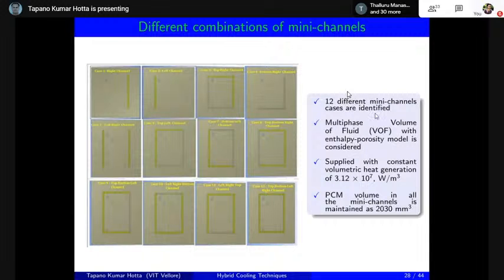Since we have identified around 12 different combinations, we have done the experiments and the simulations for all the different configurations. First we have carried out the numerical model, and here you can see the multi-phase volume of fluid model has been used with the enthalpy porosity technique. This enthalpy porosity technique is exclusively used when you want to model PCM. I think some of you might have already started using ANSYS. This enthalpy porosity model has to be exclusively used when you are going to target these PCMs. And we have used